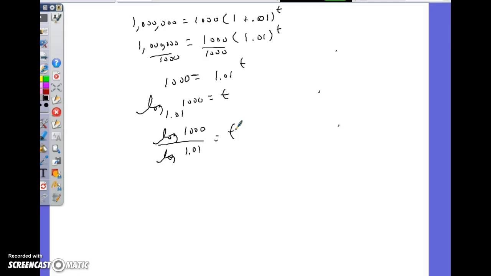So now I'm just going to get out my calculator. I'm going to hit log of 1,000, which by the way is 3. Shouldn't need a calculator for that, by the way. To what power do we need to raise 10 to make 1,000? That would be 3. I do need it for the second one though, 1.01, and I get 0.004321373373783, etc. equals T. So now you go 3 divided by that ugly answer, and I get that it's only